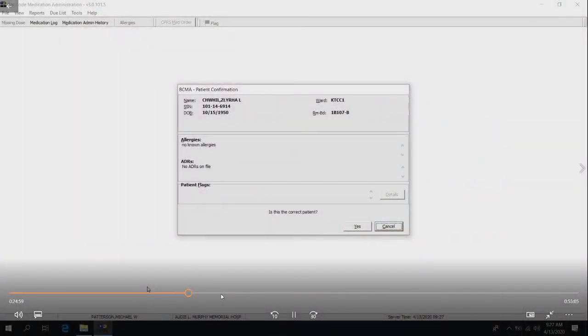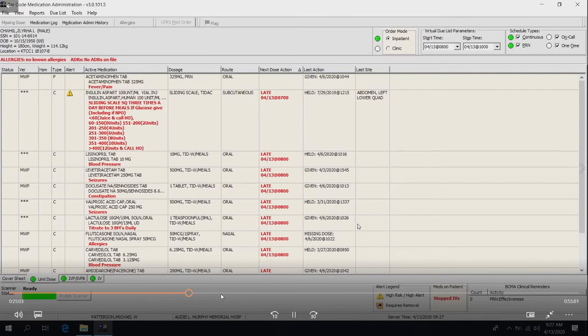So now that you've scanned the band, you're going to verify this information. You're going to click, sure, that's him. Now we have to give some medications. Obviously, these are late because I did an hour before to an hour after. They were due at 8, so technically 9 o'clock, so these are really late. And BCMA will show you the late medications for that day, and they won't go away until an action's done because an action should have been done, okay? So, let's go ahead and